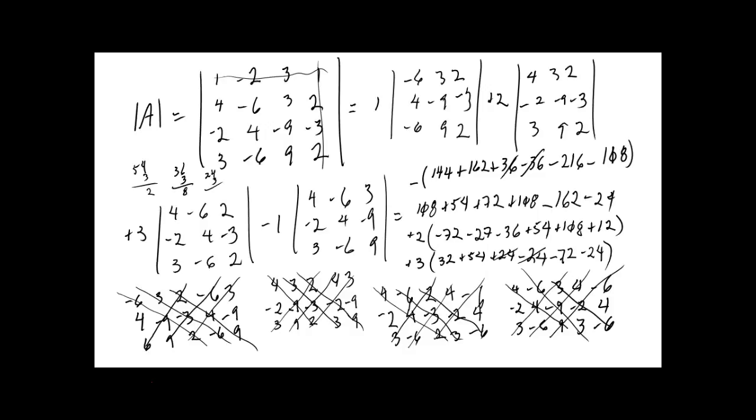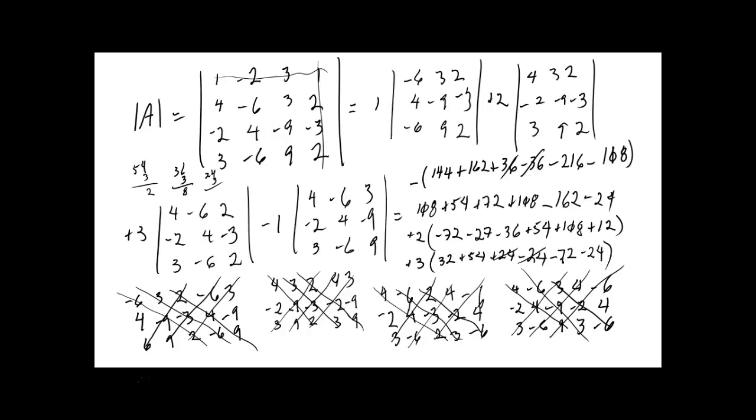Okay. Now, probably keep it going in hand. Let's start doing these. Okay? Now, you're going to have to keep up with it, though. Okay? Let's start with that first one, 108 plus 54 plus 72 plus 108 minus 162. Am I going too fast? Minus 24